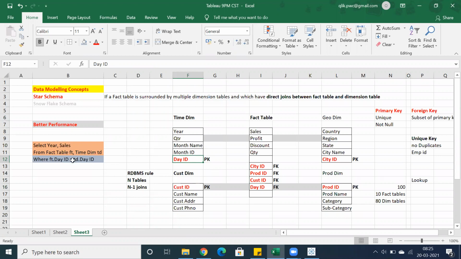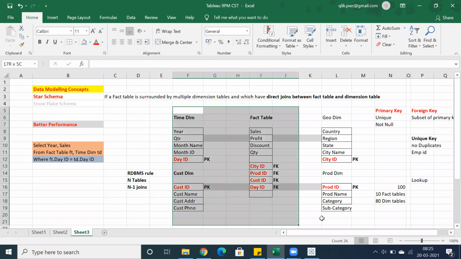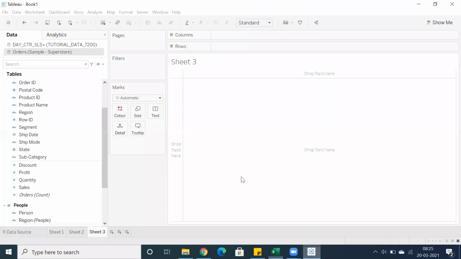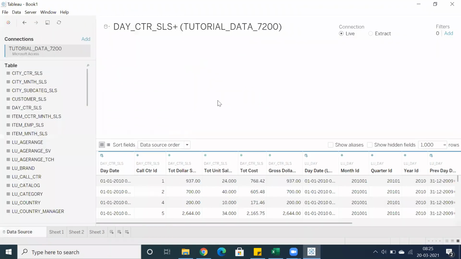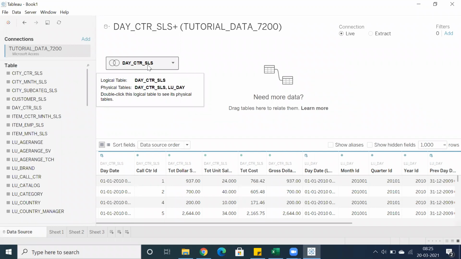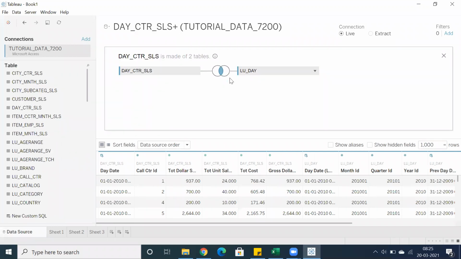Clear? But on Monday, I'm going to explain Snowflake schema, and I will relate it again with star schema so that you'll get more clarity. For sure, you'll get more clarity because this particular data is very, very important. This tutorial data is very important. You'll get more clarity with this kind of information. So we have a lot of tables here. I'll give just quick information on Snowflake schema. In Snowflake schema, we have a separate table for day.